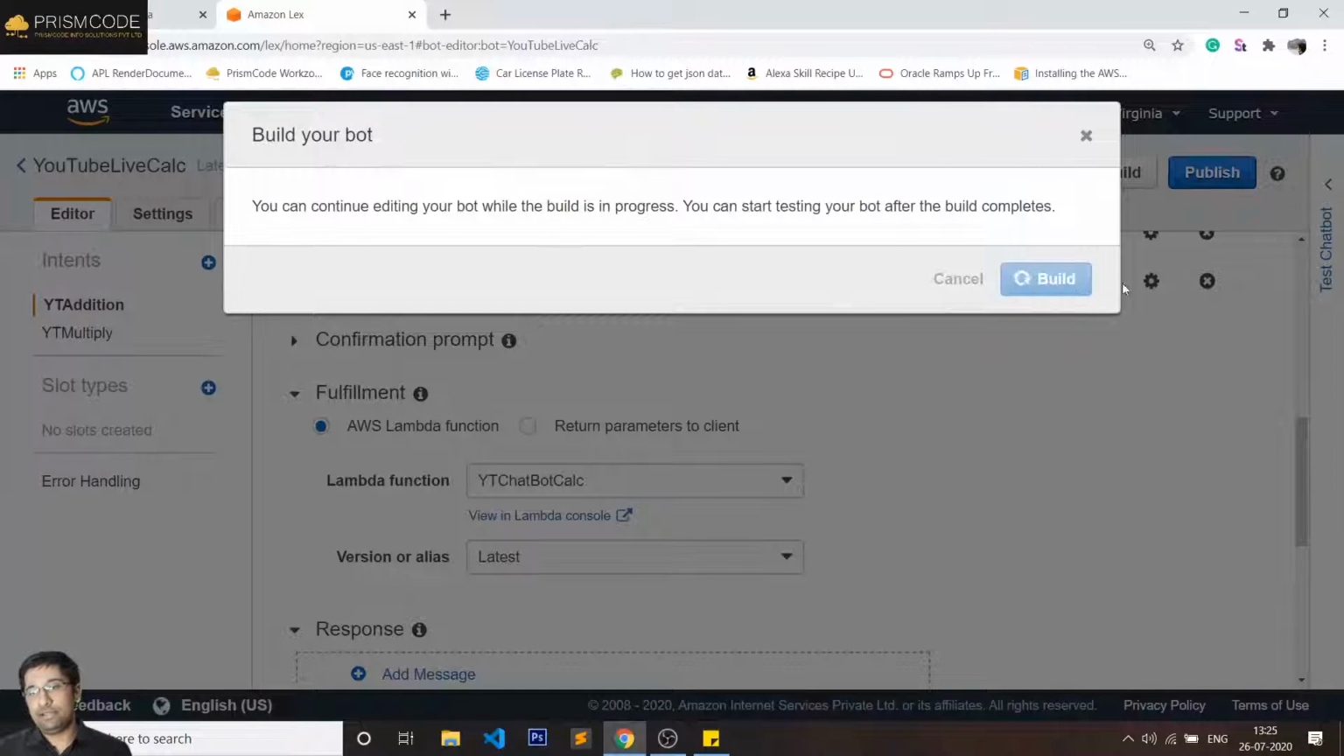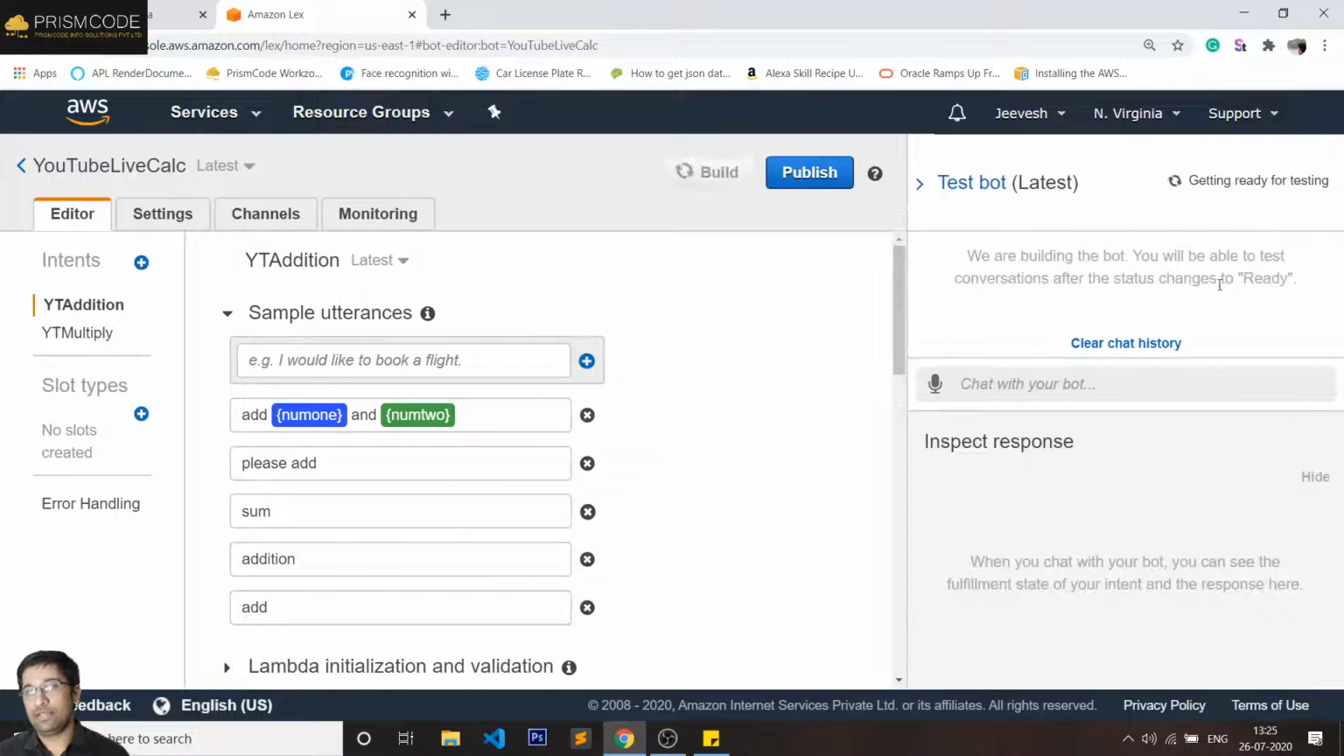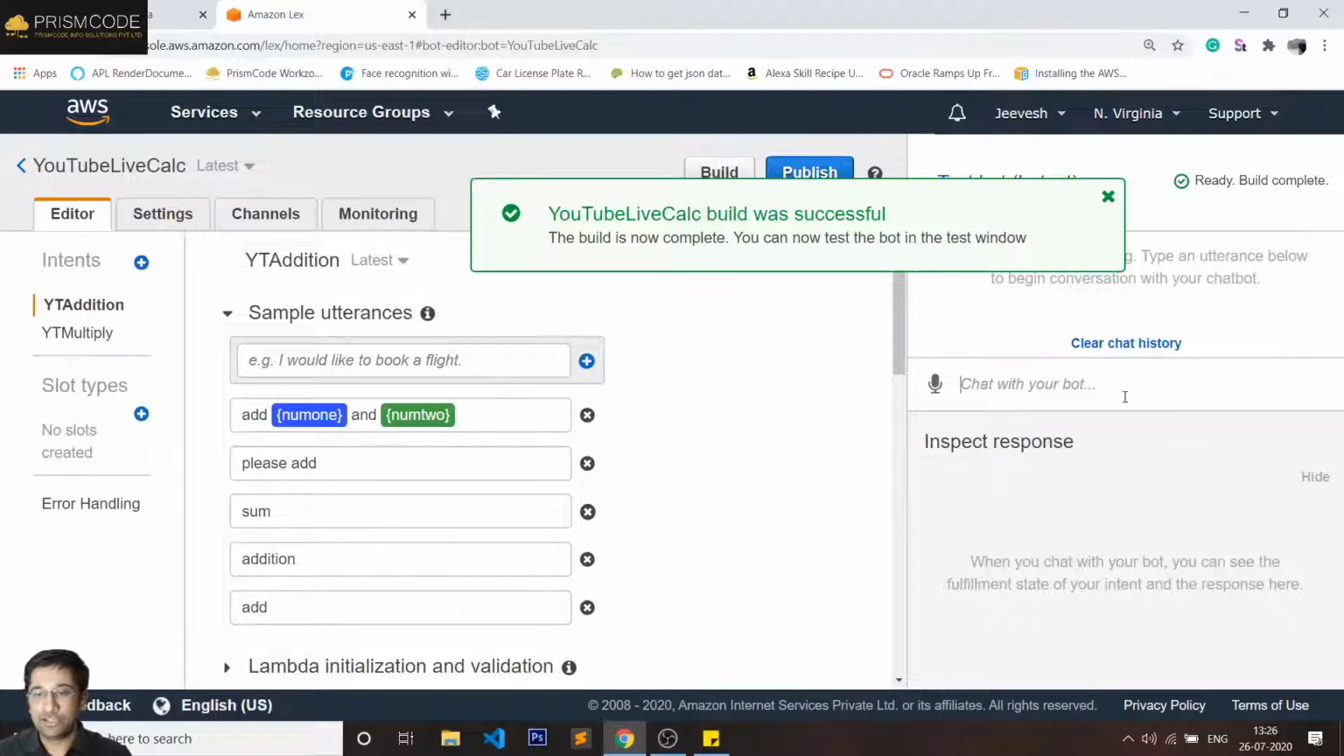Click on build once again just to see if all my changes, undone changes are available, so that I do not get some unexpected output. And now, since I've not done the processing, the expected output is "hi from Lambda", because that's what I've written in Lambda. This is what I'm going to get. So I'm going to type in,